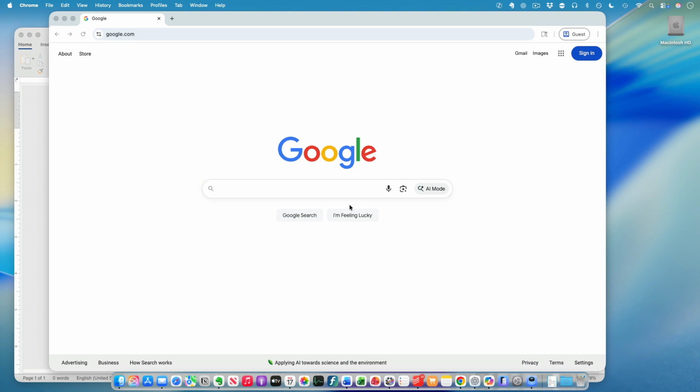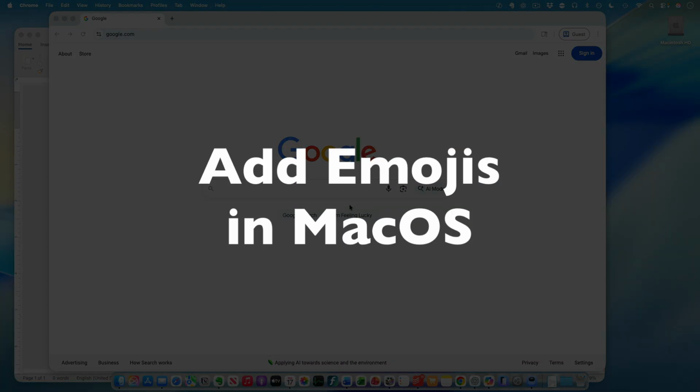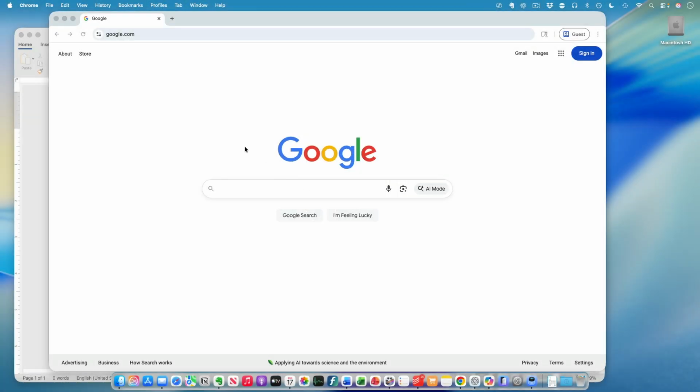This is Darius from therabbitpad.com, and in this video, I'm going to show you how you can add emojis to your texts in macOS. To add emojis to anything that you're typing in macOS, what you want to do is